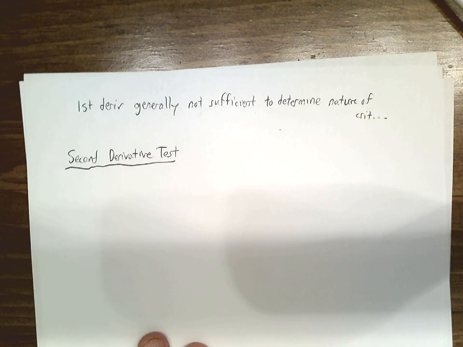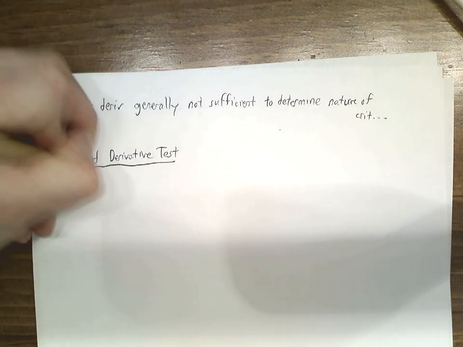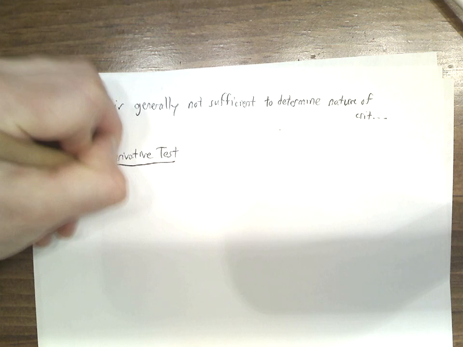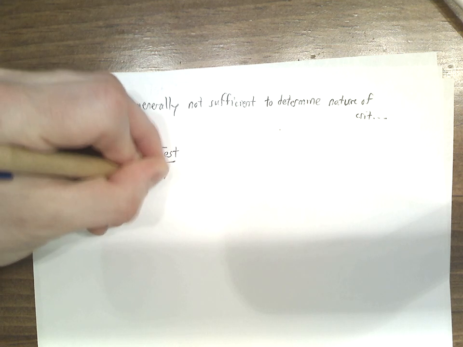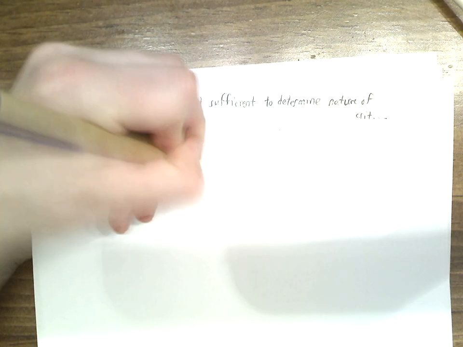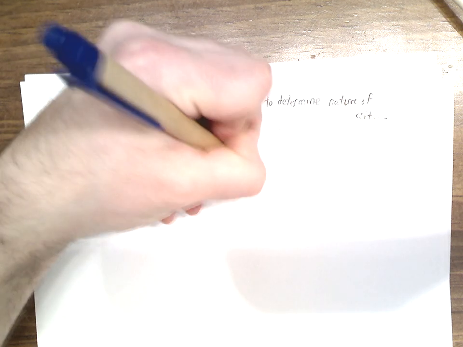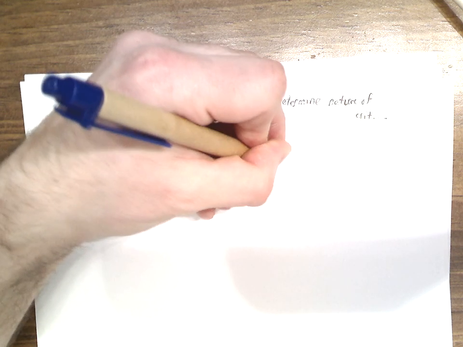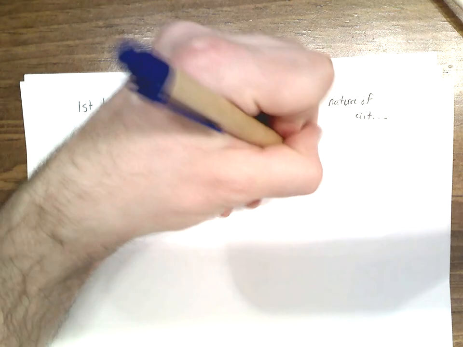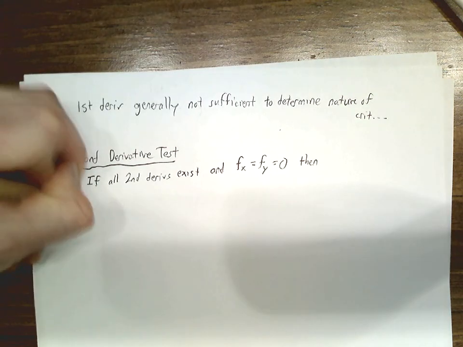So we need, again, the second derivatives to actually exist. And remember, there are four of them. We can take the partial with respect to x, and then either the partial again with respect to x or with respect to y. And then the same thing with y going into x and then y again. So if all second derivatives exist, and we have found a place where the first partials are both 0, then we can classify that point